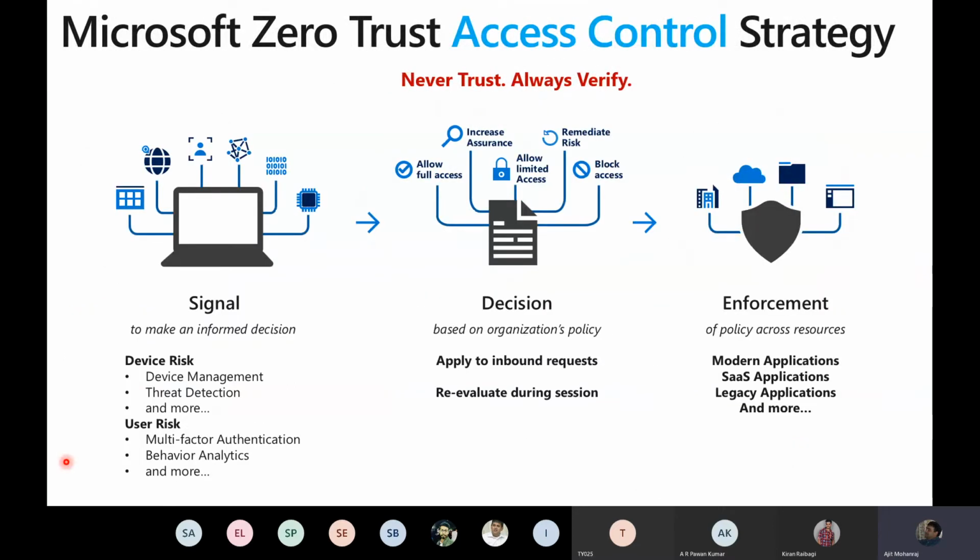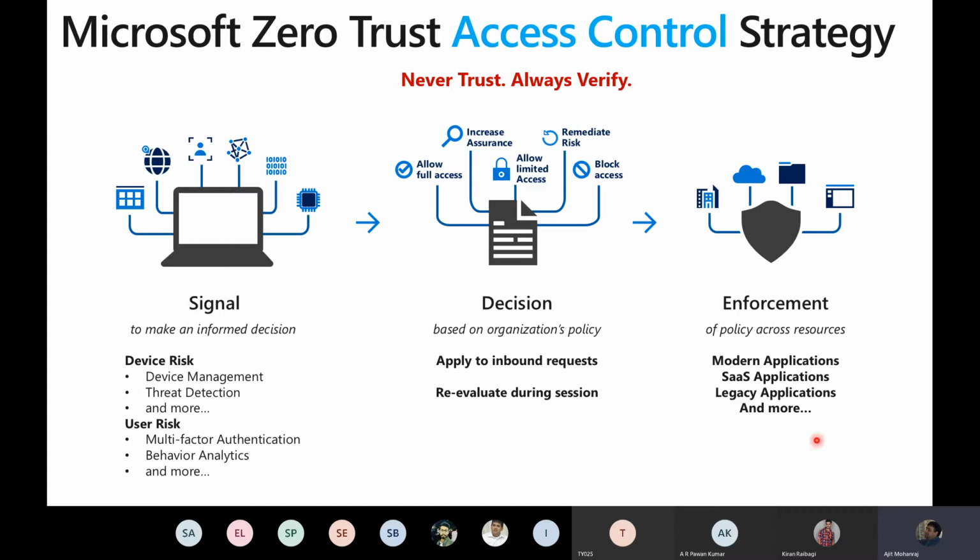So if I talk about Microsoft's zero trust access control, very simple. All we are saying is that I will take signals that come either from devices or your user, and I'll talk about this later in coming slides. Based on how you're coming in, what kind of authentication you're using, which device, where you are, etc., I have to make a decision, because you want to access my gold, which is my data, right? I will then decide whether to allow, whether to revoke, whether to force an MFA or make you reset passwords based on a certain set of conditions. And this is the signals I'm going to take. And then I will allow you the access, and then I've got to ensure that I enforce that access.